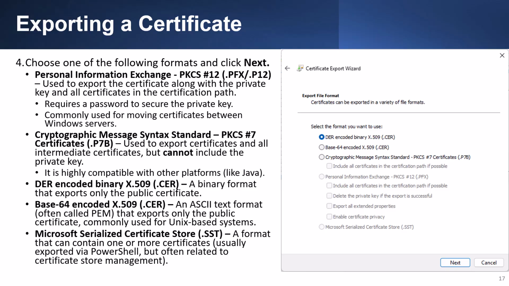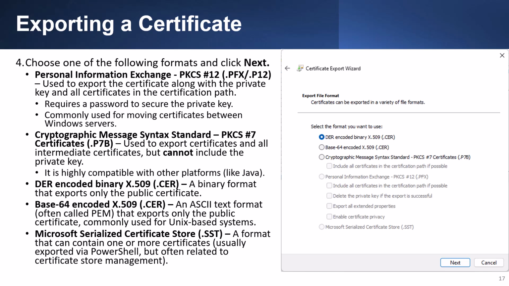Personal Information Exchange, or PKCS #12, is used to export the certificate along with the private key and all certificates in the certification path. It requires a password to secure the private key. This is commonly used for moving certificates between Windows servers. Cryptographic Message Syntax Standard, or PKCS #7, certificates